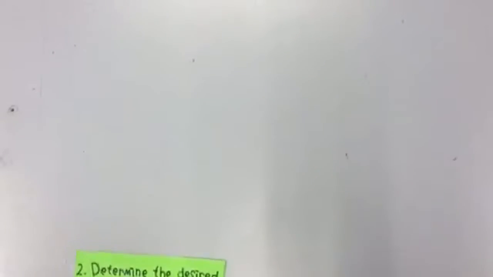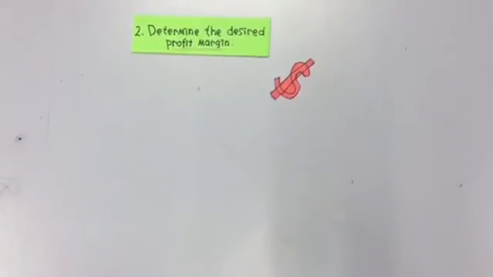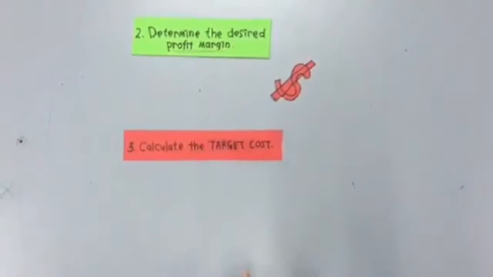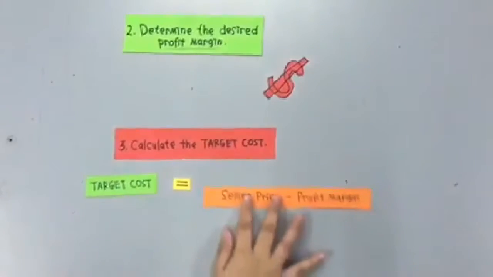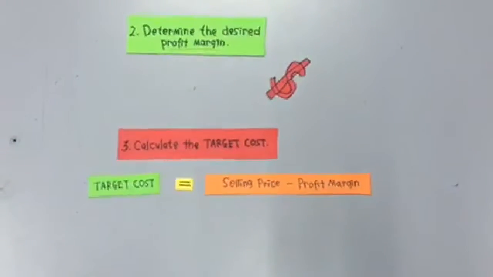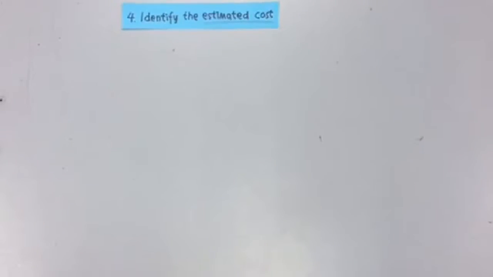After setting the selling price, the company should identify the desired profit margin. Later, by using the formula target cost equals selling price minus profit margin, the target cost can be identified. As in the traditional way, before a product is made, the cost must first be estimated. When the estimated cost and the target cost have been identified, then only